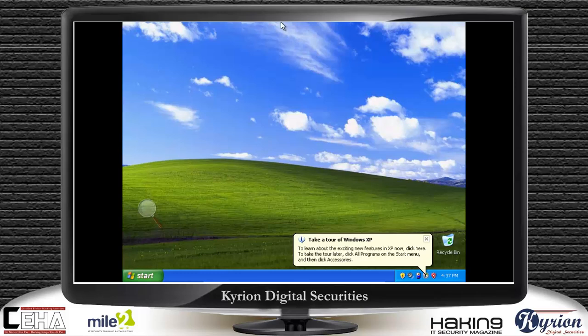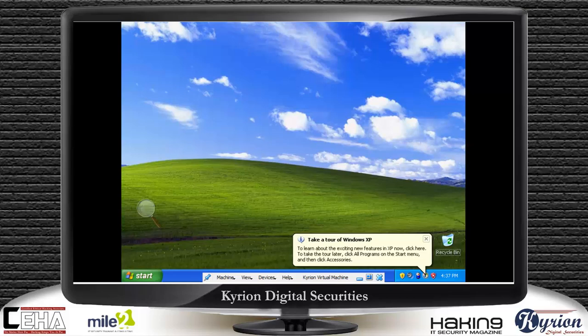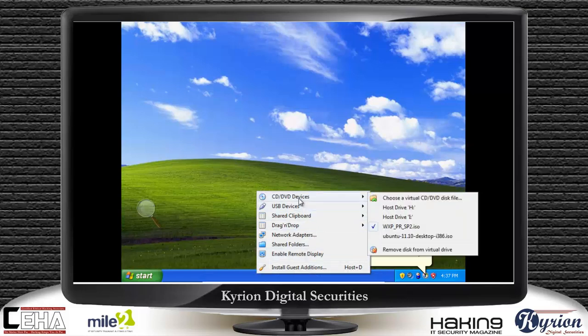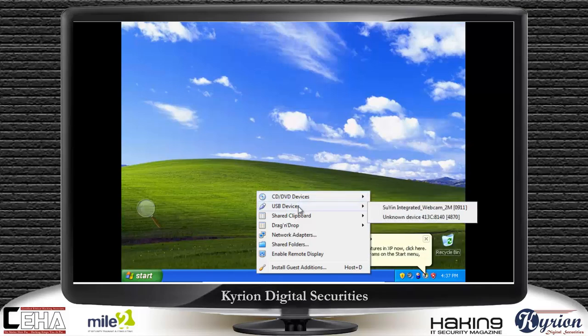Along with this, there are some other options as well. Let us see what they are. Now, another option is devices. In devices, there is an option CD/DVD. You can insert any CD or DVD. USB device, if you want to plug in any pen drive.